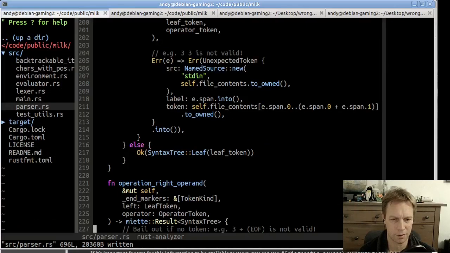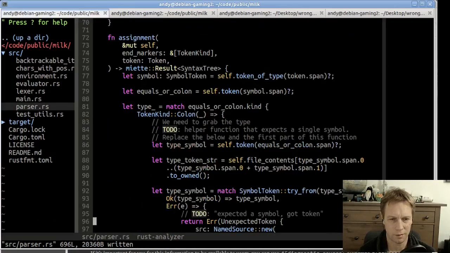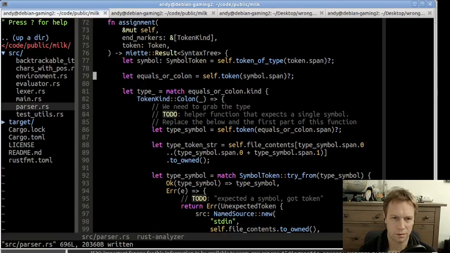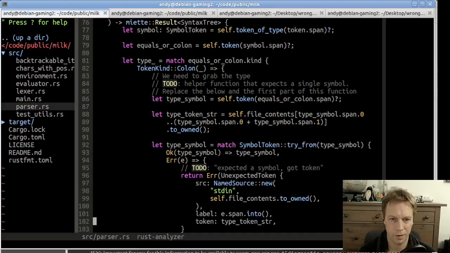There's going to be a load of other places that also need this same kind of idea, especially in the assignment function. So let's start with that. So, first of all, equals or colon is a more complicated case, which we'll maybe deal with later, which is that it doesn't just have one type, there's two possible types, which we're going to want to deal with, but we won't do it now. But once we're inside there, we just need a token of type symbol. So we can just say,